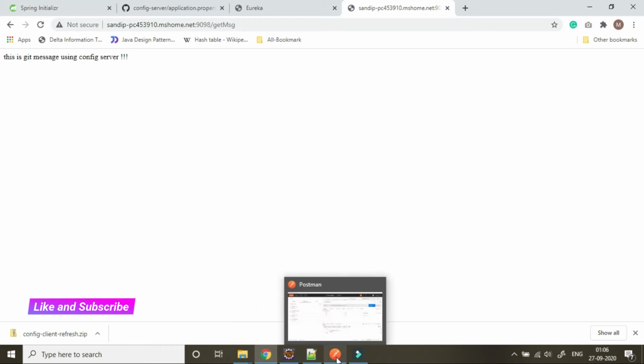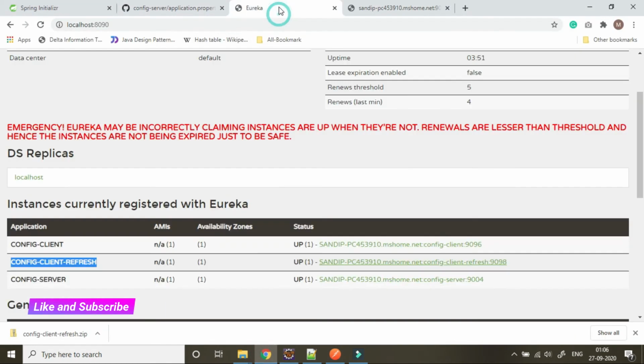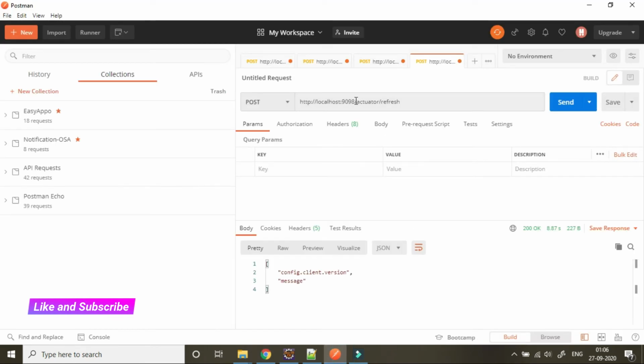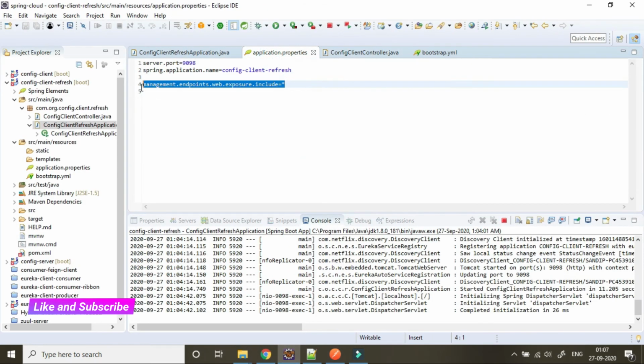For that we have to use Postman, and we have to copy this URL and paste it here. And after this URL we have to give actuator and refresh, which we have exposed using this property value.